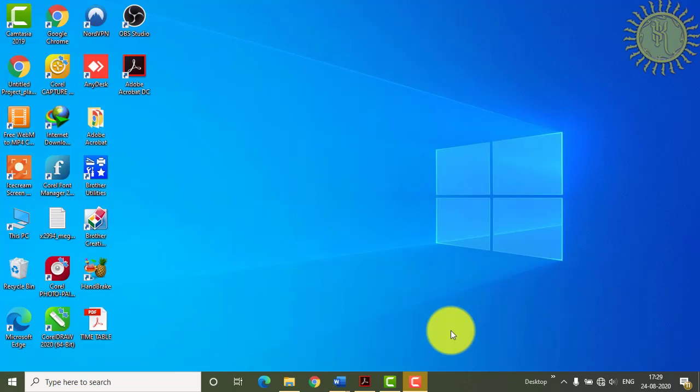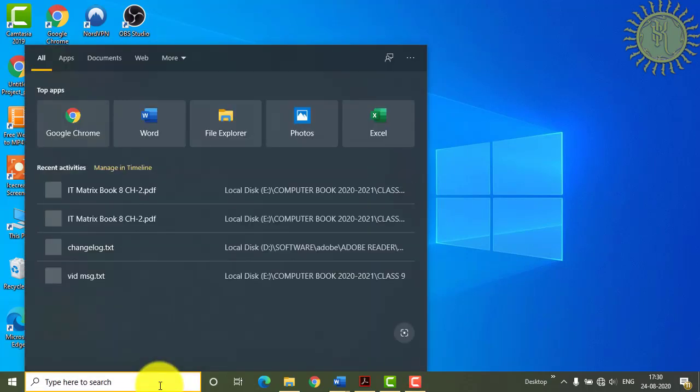The next topic is starting MS Access, meaning how you will open MS Access. Here I will tell you how to open it. In Windows 10, it is very easy to open. Just go to the search bar and type Access.